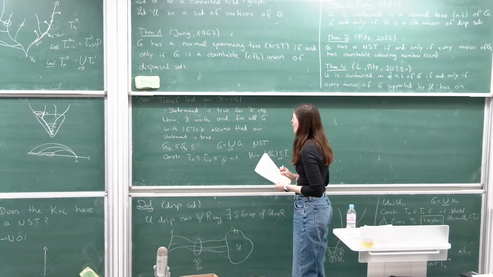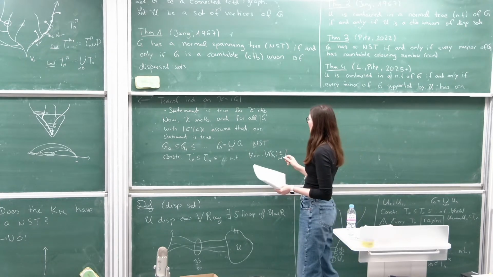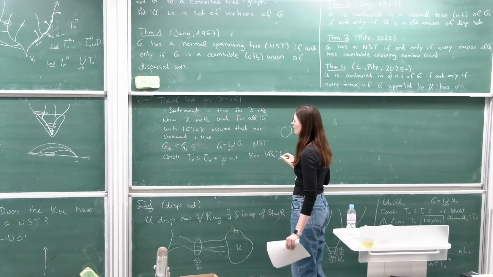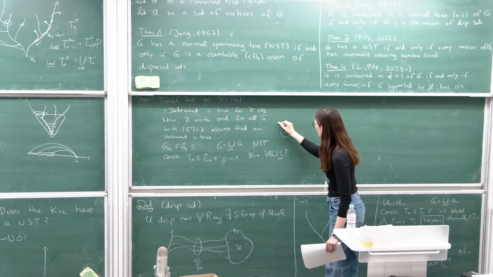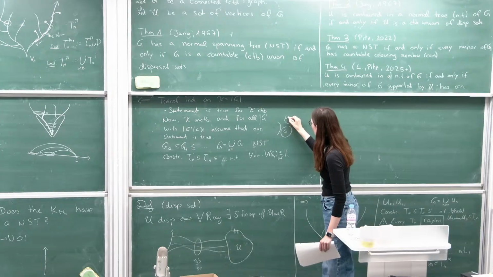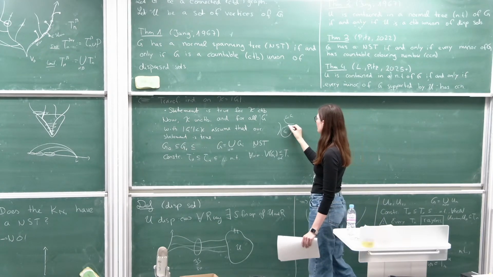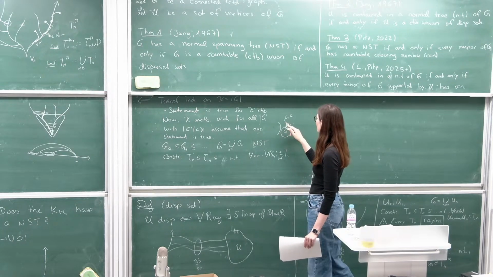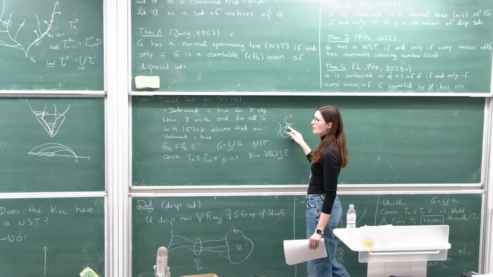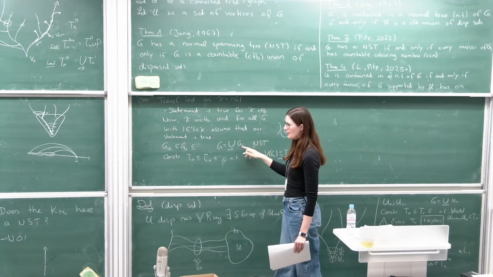And moreover, I want them to have one more condition, and that is that for every Gi, when I consider the components, so this is a component of G minus Gi, then I want for every component that the neighborhood of this component is finite. And this property I call finite adhesion. So I want that every one of these graphs has finite adhesion,